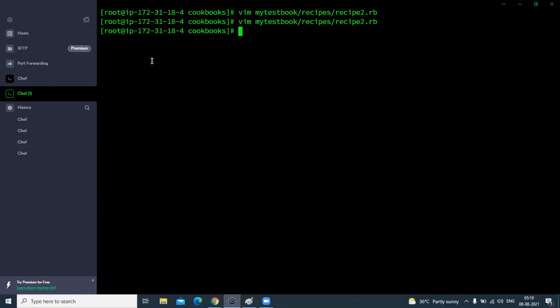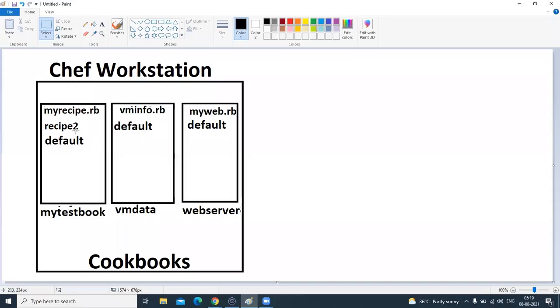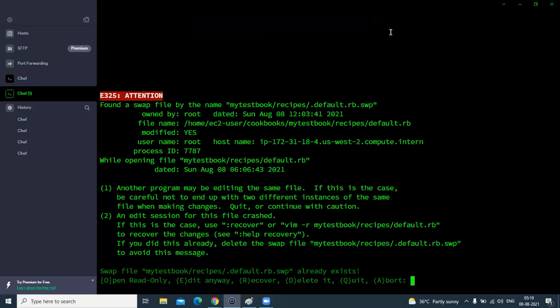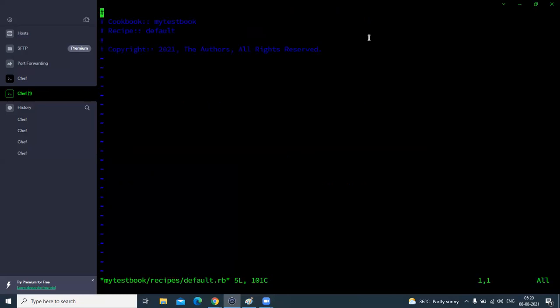Save this and exit. Let's use the include concept here. So I am going to include these two recipes into my default recipe. So let's add it into the default recipe of my test cookbook. Here I'm going to open my default recipe, hit enter and edit. Press I for insert, and I need to include my recipe right here,